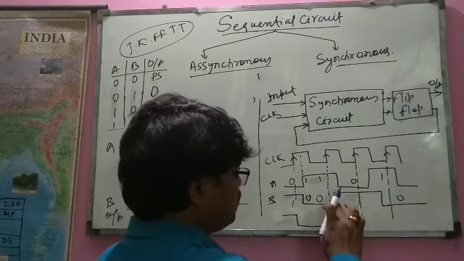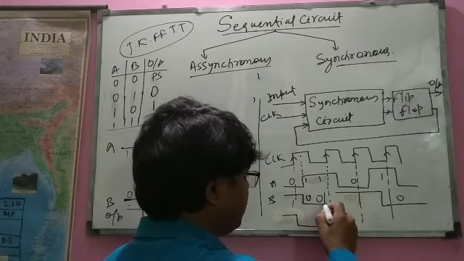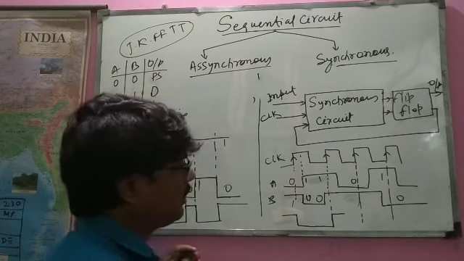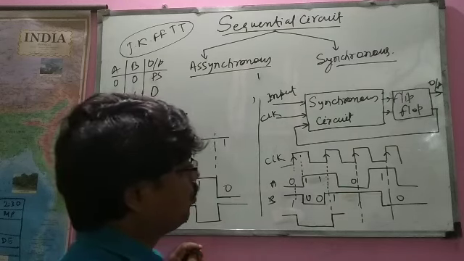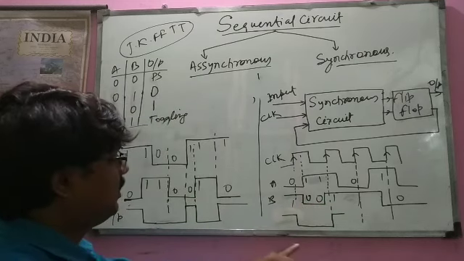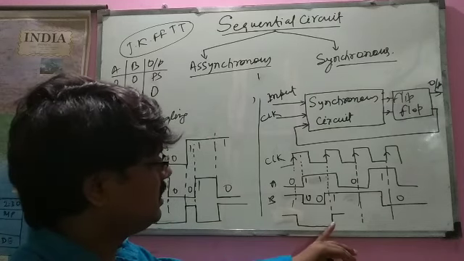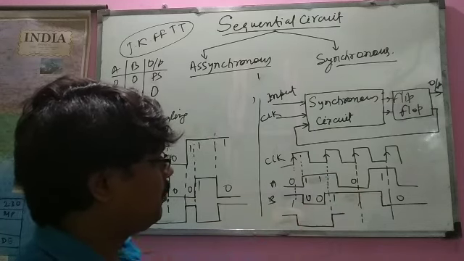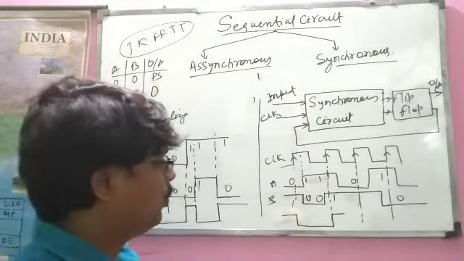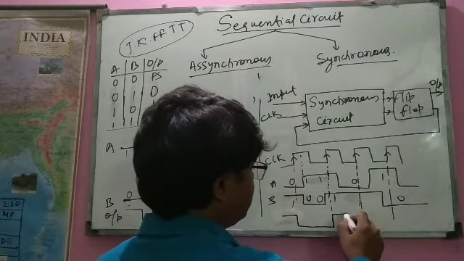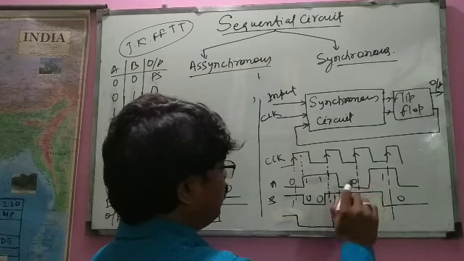See, if it was not the case, if this changed here itself, what was the value? Here it is 1 and here it is 1. So in 1 1, from 0 to 1, it will change at the clock edge input. Okay, so let us see. Here the input has changed. Okay, so this is 1 and 0. No, it will not change.